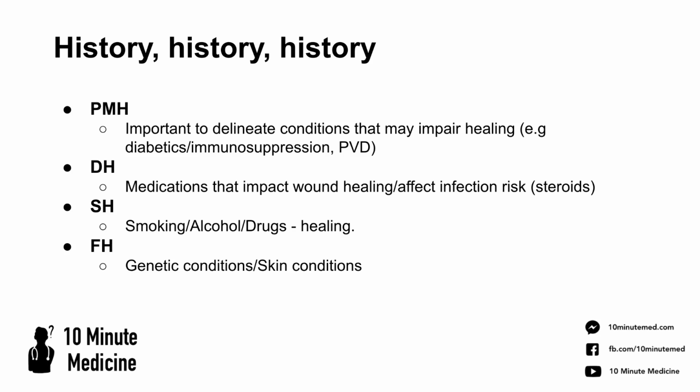So poor blood supply will often signal poor healing. And similarly, their social history, looking at smoking, alcohol, and drug use, is likely to affect healing. And family history as well, in terms of whether there are any genetic conditions or skin conditions in the family. Again, it's mainly looking at skin healing, and these different factors can affect epithelialization and just the process of